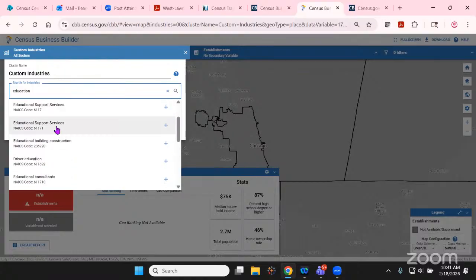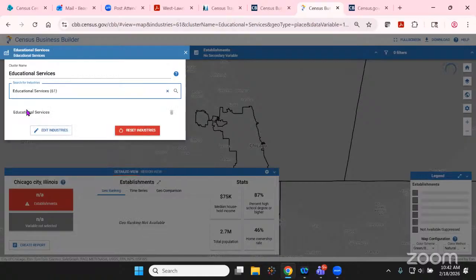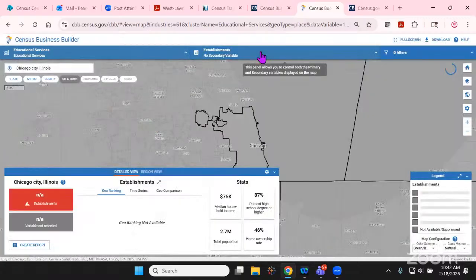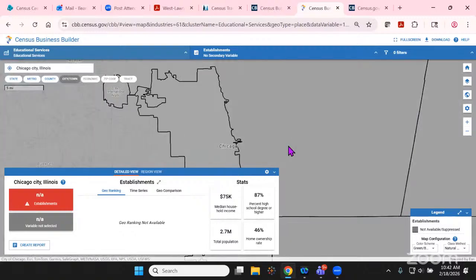So you have support services, building and construction, so on and so forth. So this is where you will locate. I'm just going to stay at the top sector level, and then it's going to ask you the next one over. Okay, and this is a bivariate tool, meaning that it'll allow you to look at two different variables. Let me move this slide over. So under the